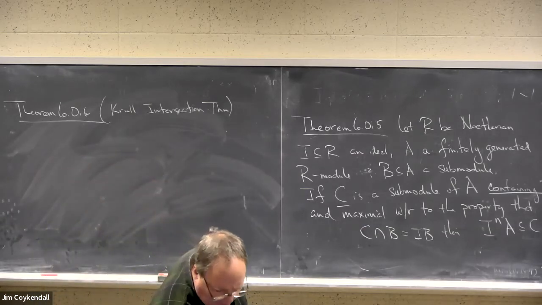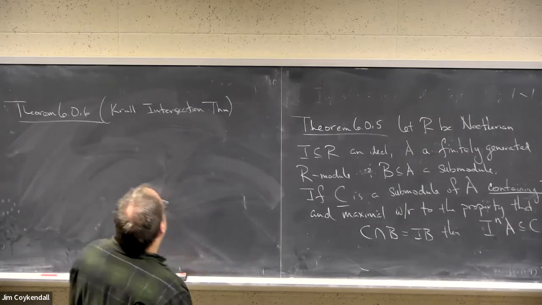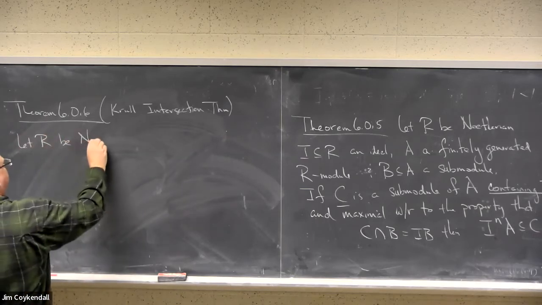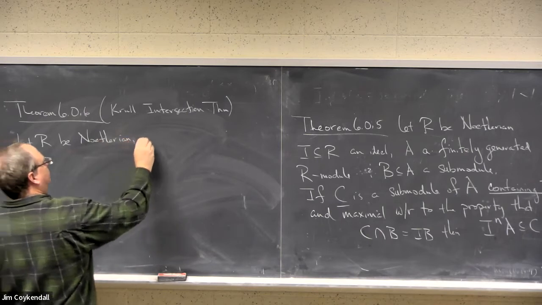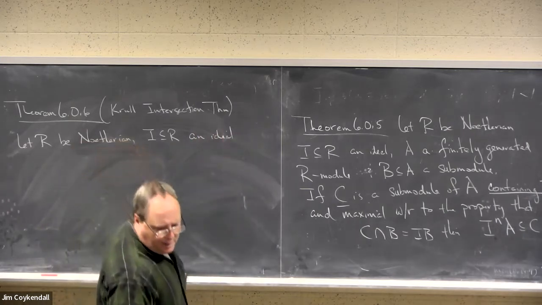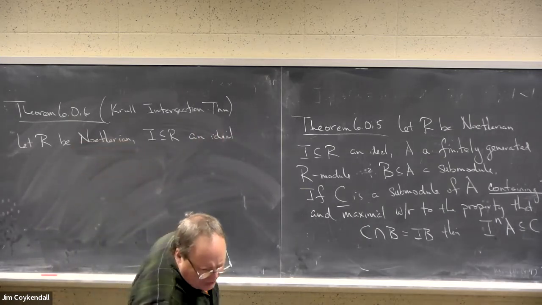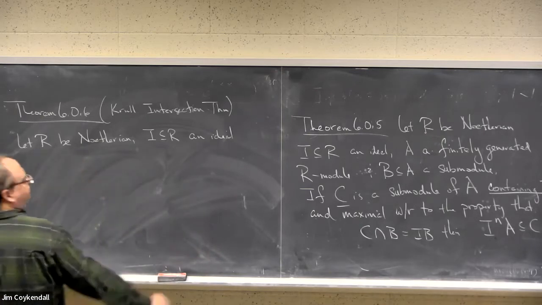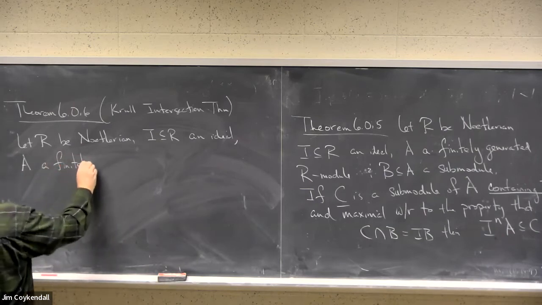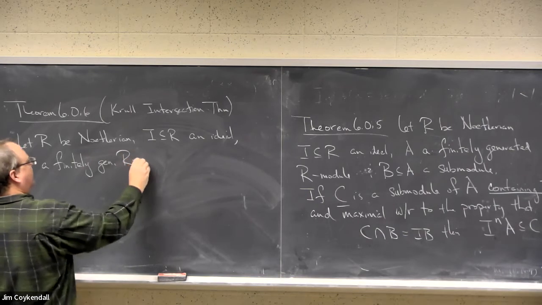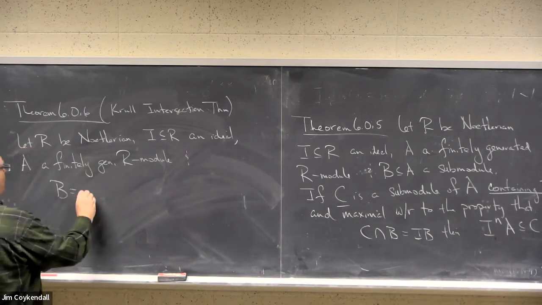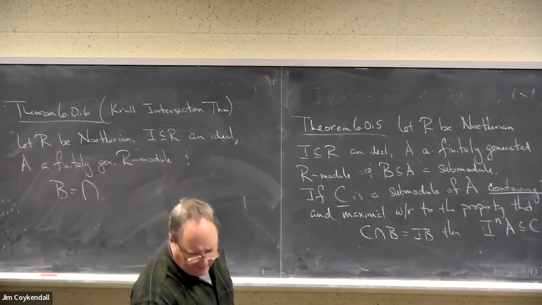What it says is, if R is Noetherian, I is an ideal, A a finitely generated R module, and B equals the intersection of I^n A